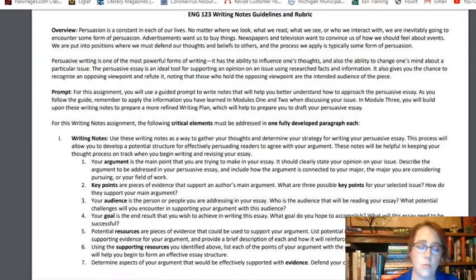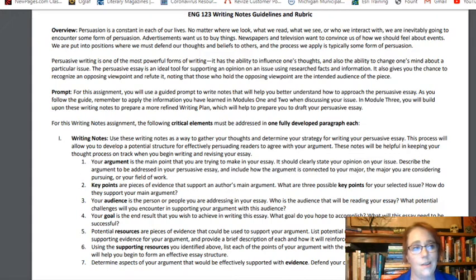So essentially what we're doing here is we are reflecting on the importance and the value of writing a persuasive essay. We've talked a little bit about persuasion in real life, and now we're writing a paper trying to convince somebody to our side. So what we want to do is really start thinking and brainstorming of what we want to do with our